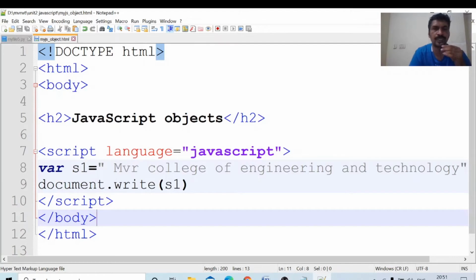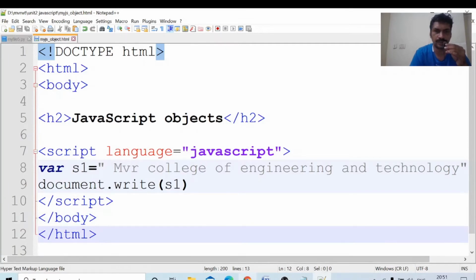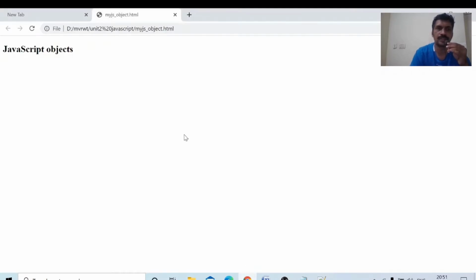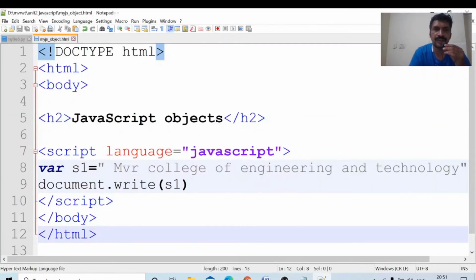This is the file I have written: script, var s1 equal to MBR College of Engineering and Technology, document.write s1. In the browser, press the F5 refresh button. MBR College of Engineering and Technology.